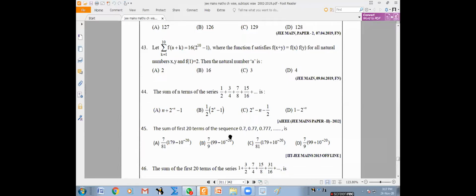I hope all of you know how to do 45, that model question, right? Yes, sir. Somebody can multiply with 10 and subtract the series, or somebody can take 7 common, multiply with 9 and divide with 9. You are going to get 0.9, 0.99, 0.999. You will get 9 by 10, 99 by 100, 999 by 1000. You can write it as a difference of 2 GPs. You will get something like 1 minus 1 by 10, 1 minus 1 by 100, 1 minus 1 by 1000. You can do it like that.